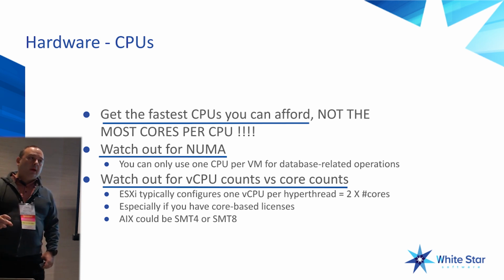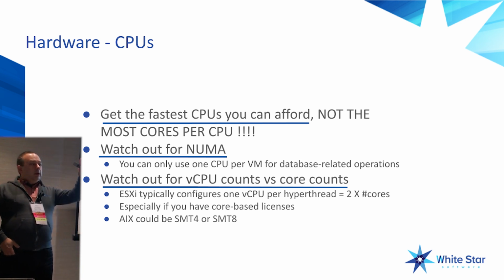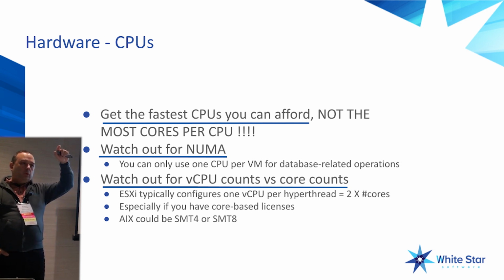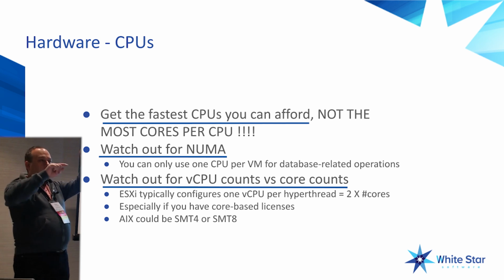Super, super important, right? And in my benchmarking presentation that I did last year, we ran a benchmark. I should have kept the slide. We were running 8 cores. So this was a 4 CPU machine, 8 cores per CPU. So we ran the benchmark with the 8 cores on one CPU, and we were doing 4 million reads per second. That's the best I could pull out of the database, right? Tweaking it, doing all my magic DBA tricks, I could do 4 million reads per second using all 8 cores on the CPU. When I added one process